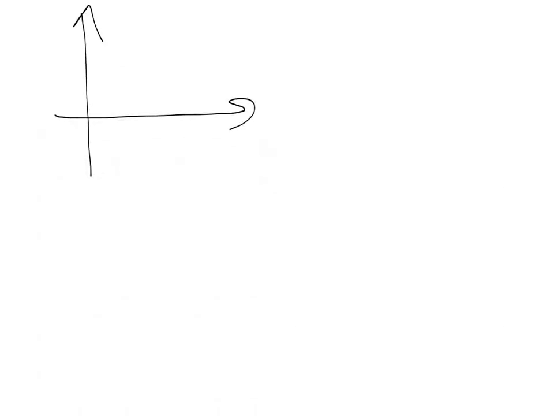Say I have the following function. So this is the function f of x. Let's say this point is 1, 3, and this point is